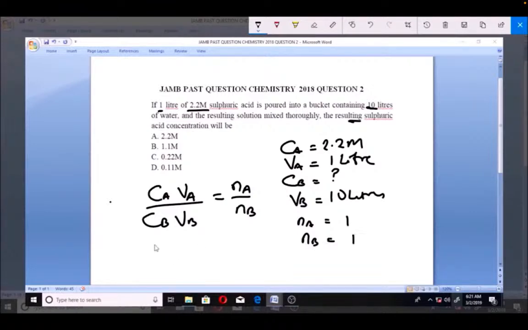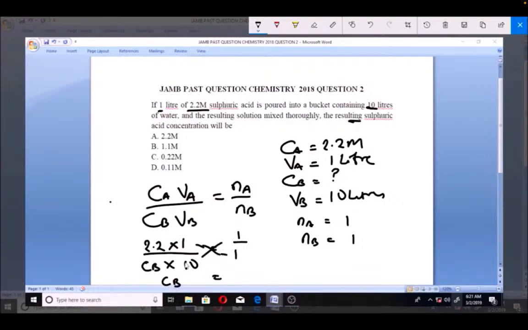So having this, if you fix this in this equation, Ca we already know is 2.2. So we have 2.2 times Va, which is 1, all over Cb. Cb we don't know, so we still write Cb times Vb, which is 10, equal to 1 over 1, which is 1. So if you make Cb the subject of the formula, we have Cb equal to, if you cross multiply,